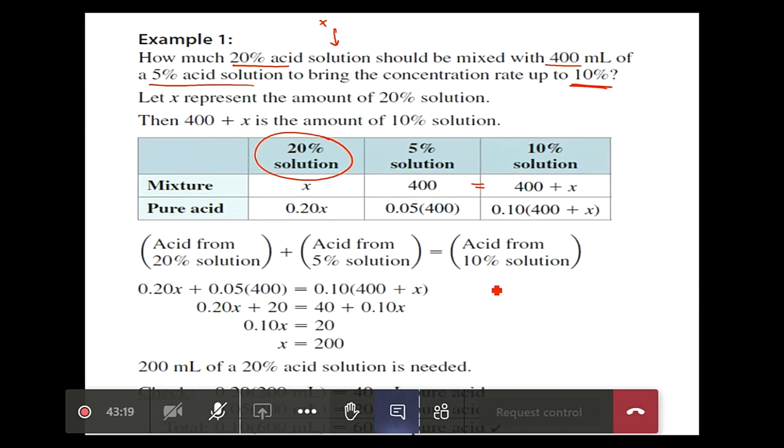We have 20%, we can write 20 over 100, or 2 over 10, or 1 over 5, or 0.20. We can put it in many forms, okay? So we have 0.2 of what? Of milliliters of acid solution, this is the X unknown, plus